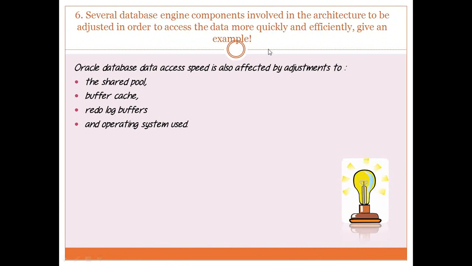Like this: Oracle database data access speed is also affected by adjustment of the shared pool, so it will be faster, and the buffer cache, so it will be faster, and the redo log buffers, and the operating system we use. Some friends say that using Linux is quicker than Windows. I don't know, but